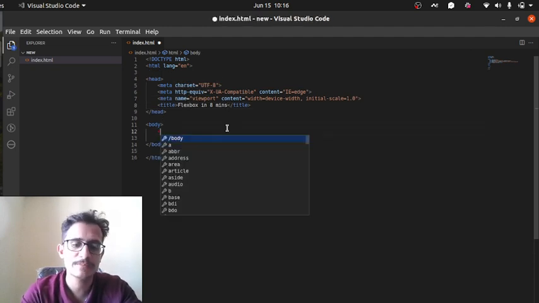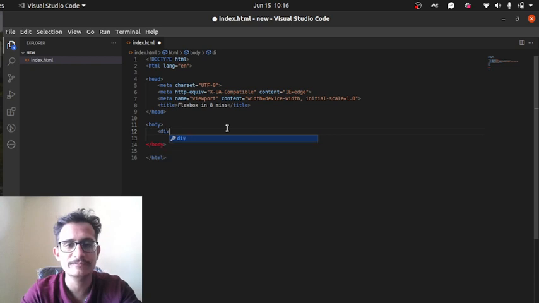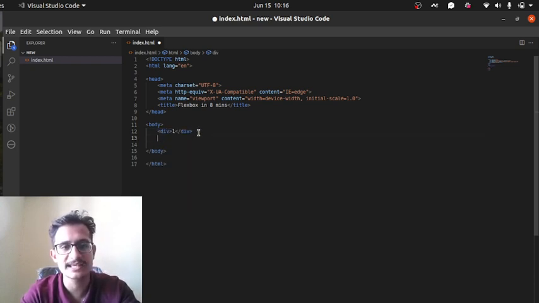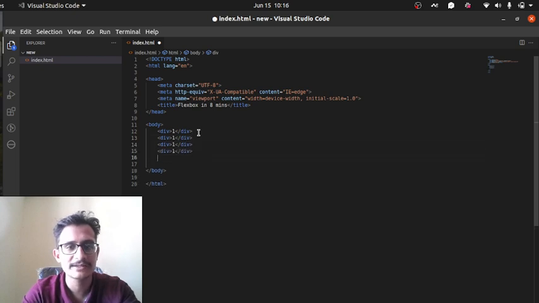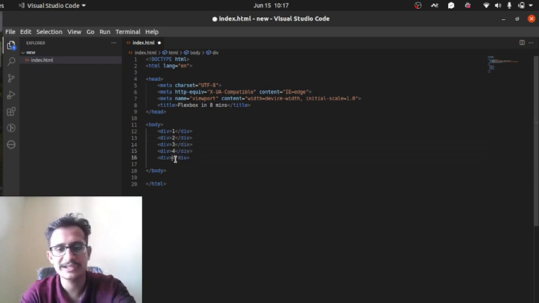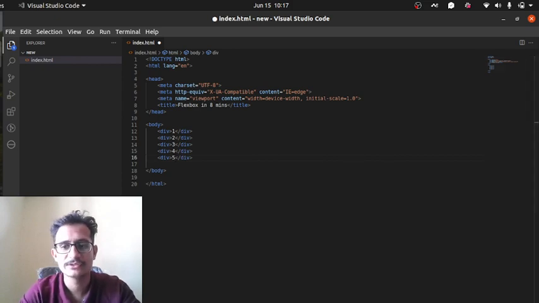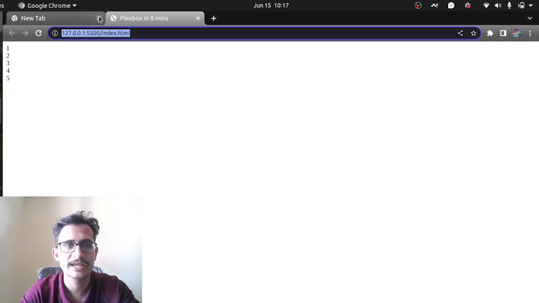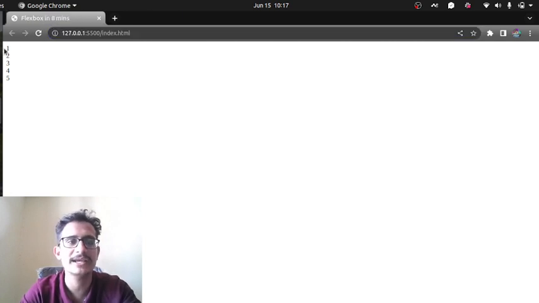So what I am going to do is write the div. In the div I am going to write some elements. Let's say as of now let us take some elements 1 2 3 4 5. To see the elements there is a Go Live button at the bottom, so we need to press this button. If we click on Go Live, we can see the server is live, and we can see the elements coming 1 2 3 4 5.